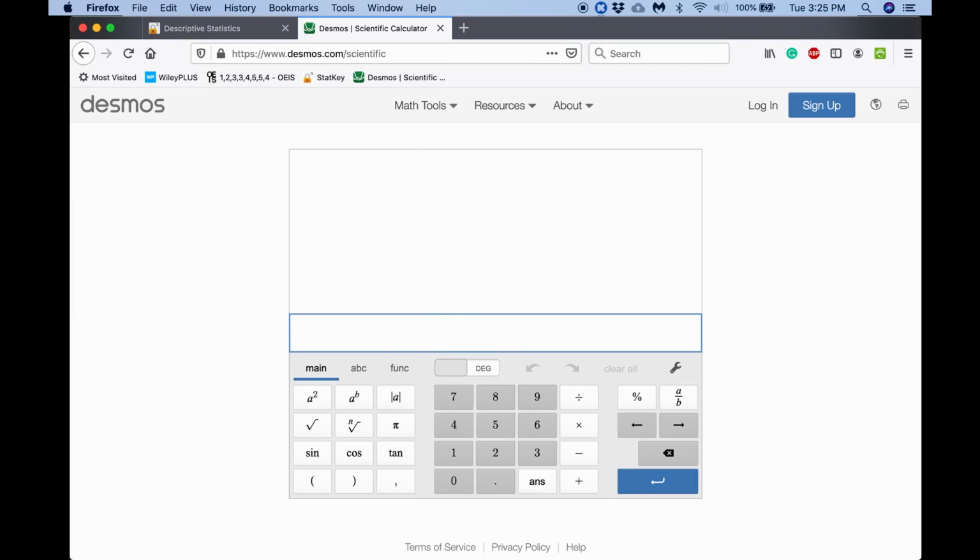Remember, I'm going to take my 123 chirps that's given. I'm going to multiply that by the slope, which is 0.231. And then I'm going to add to that the intercept, which is 37.679. And what this tells me is that the predicted temperature for 123 chirps will be 66.092 degrees. And remember, the actual value, the observed value, was in fact